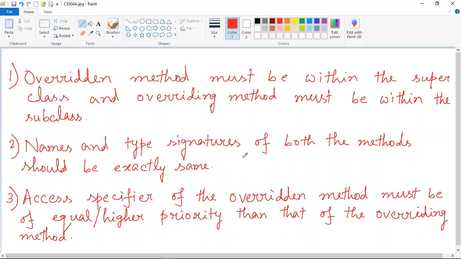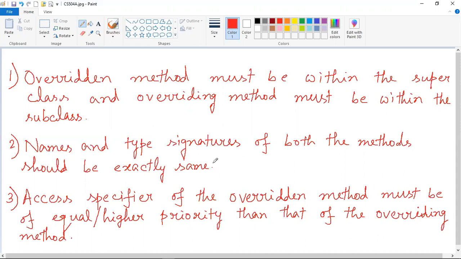And in that case, if the type signatures are mismatched, then method overriding will not take place. That should be called method overloading in that case. That also I'll show you next with an example. So you have to keep in mind that the names and the type signatures of both the methods should be exactly the same. No change in parameters or return types or names should be there. But in case of method overloading, you have learned that the names should be the same, but the return type and or the parameters should be different.